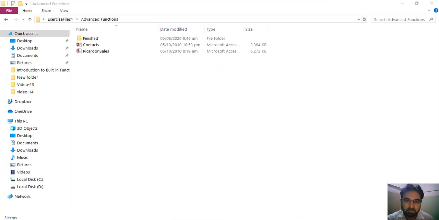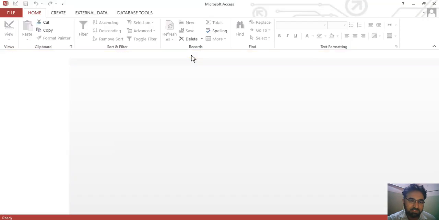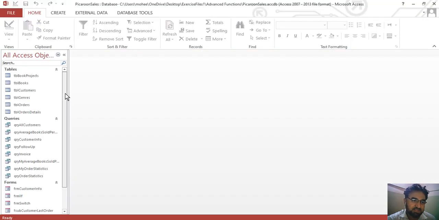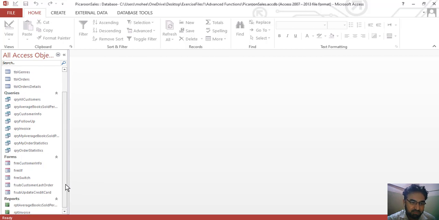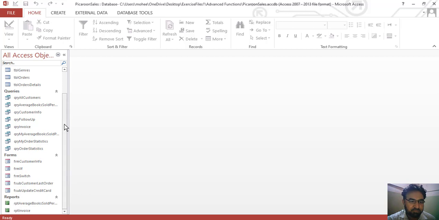The date format of this date is MM/DD/YY. So to demonstrate the advanced date and time functions in Microsoft Access, I will be using one of my databases, Picaroon Sales. Enable content. As we can see, there are a few tables and a few queries, the same way a few forms, and a couple of reports.